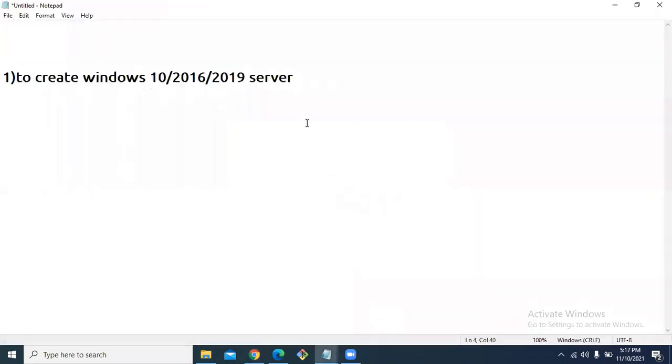A resource group is nothing but a logical container for every resource in Azure. Every resource like virtual machine, storage account, load balancer, networking, everything will be a part of a resource group.